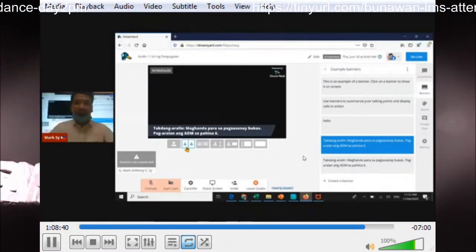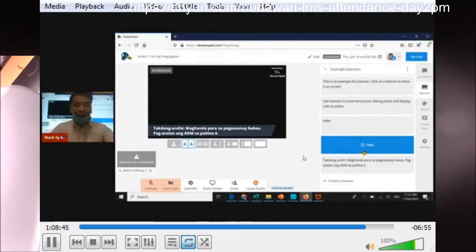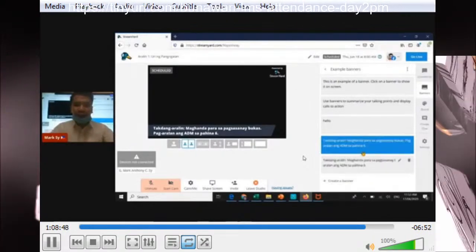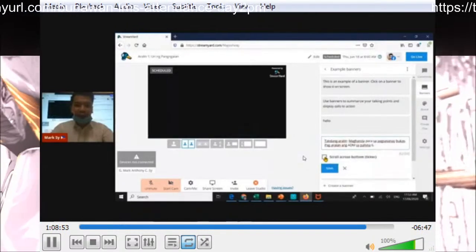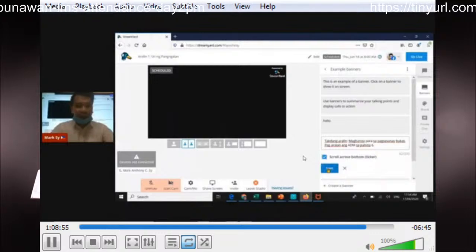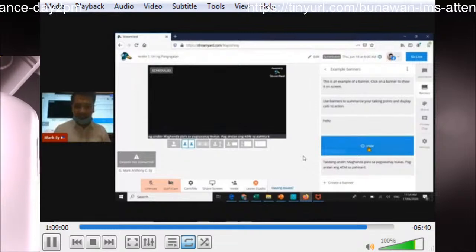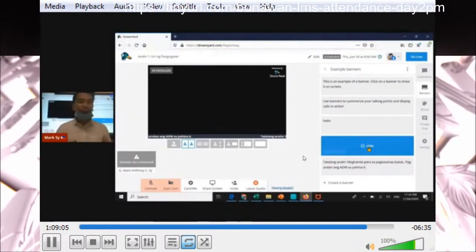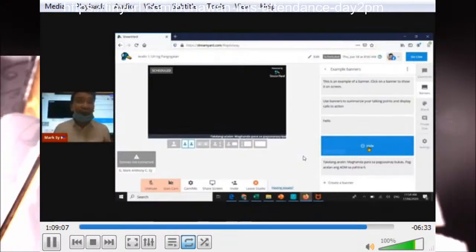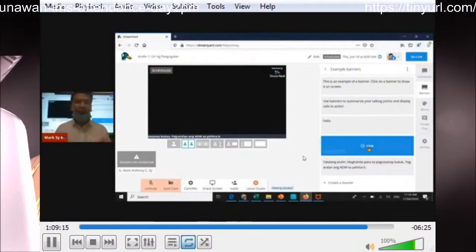Kakaiba. At kung sakaling ayaw mo na nakalantad siya, gusto mo rolling text, pwede mo rin pong gawin yon. Sa paanong paraan? Hide it, edit that, and you could have a scroll across bottom, the sticker. Click save, and show it. Ganyan ang kalalabasan ng iyong assignment. So imagine, nagbabanner siya. At habang ikaw ay nagtuturo, para kang isang teacher broadcaster. Para kang nasa isang teleradyo. Habang ikaw ay nagtuturo, it's just a matter of projecting it.